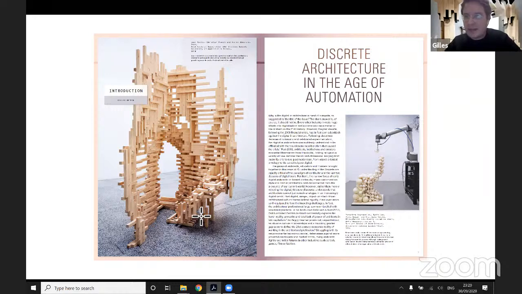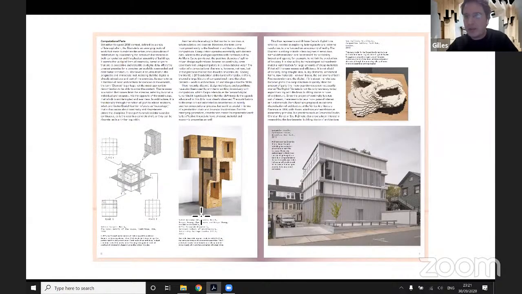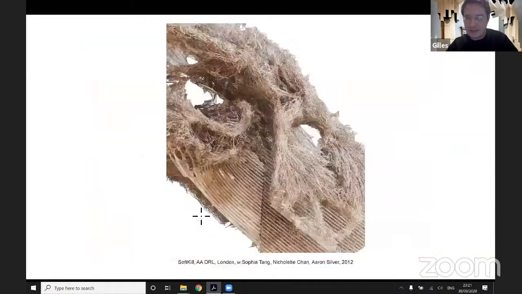So it's not just that I edited the issue, but the issue includes a kind of cross section of a generation of peers that are working on questions of discreteness, ranging from interfaces, to bring that also to the conversation, to buildings, to systems of production, to theory, to fully automated ideas of production. So my journey there really started from taking that project that I did at the AA,